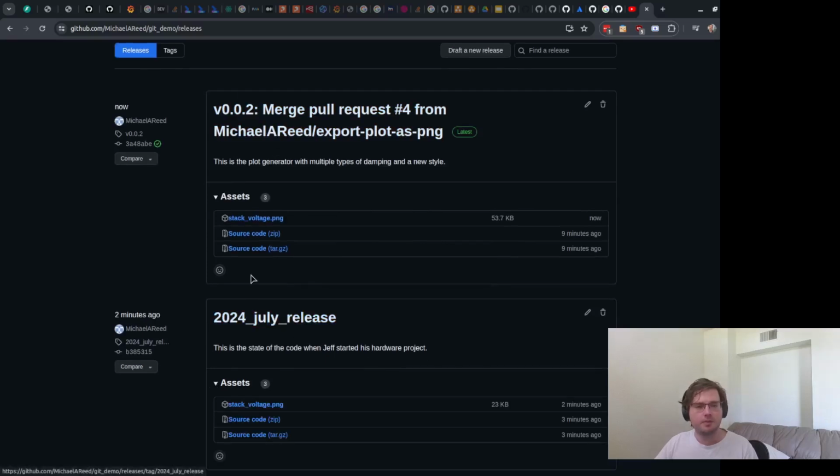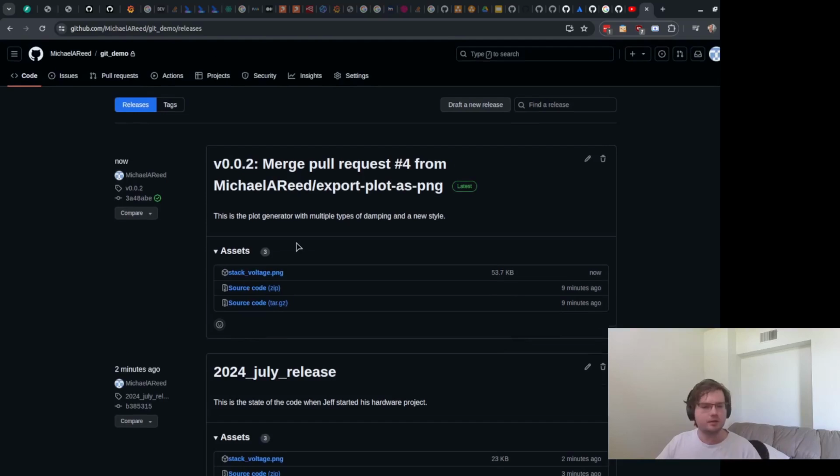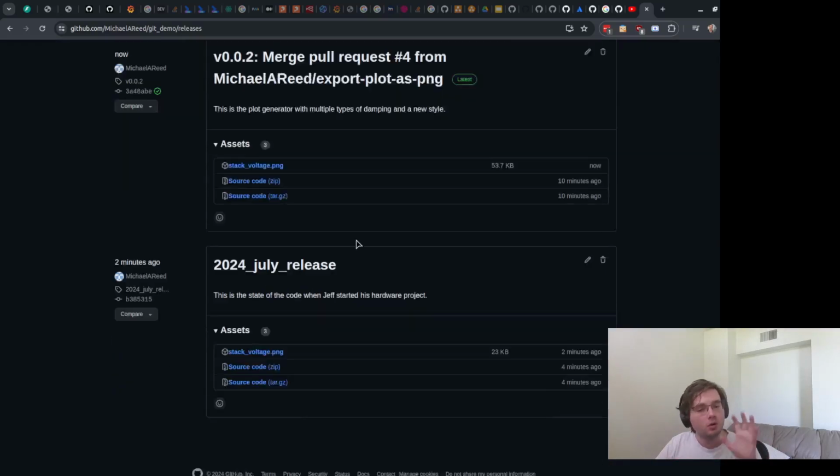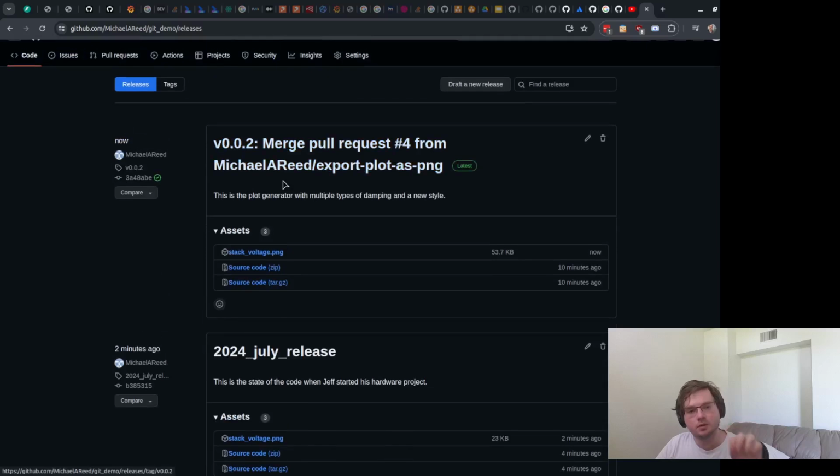So the important thing about this now with the assets is maybe you have some code that generates a whole bunch of 3D files. Maybe you have code that compiles down to an executable file. Maybe you're generating website files that you need to upload to your website provider, whatever. All of those assets can be stored inside this, so that if at any point someone needs to refer back to a released version of the code, usually it means that you send it out to a manufacturer, or you deploy it to your website or something like that.